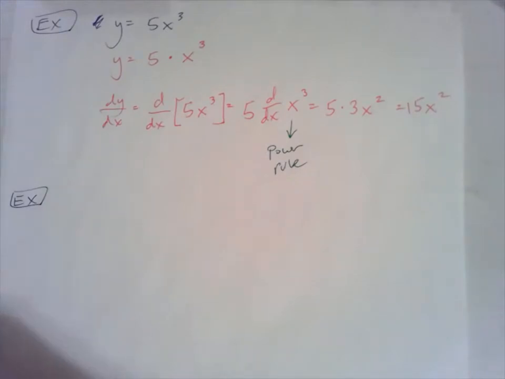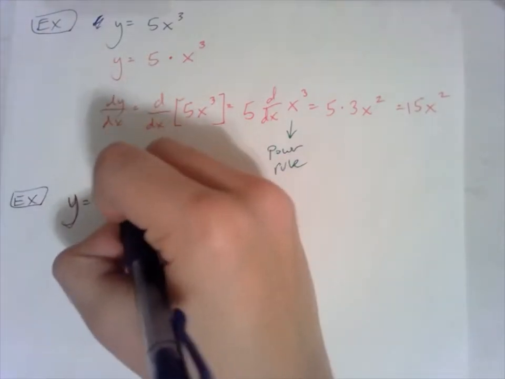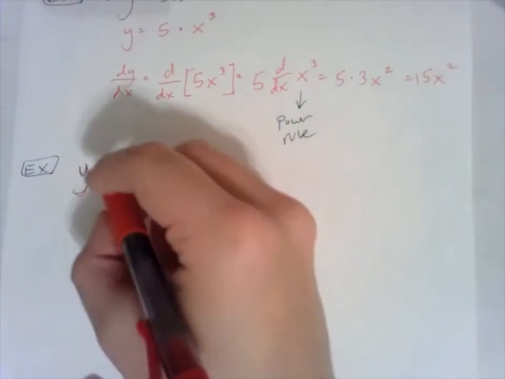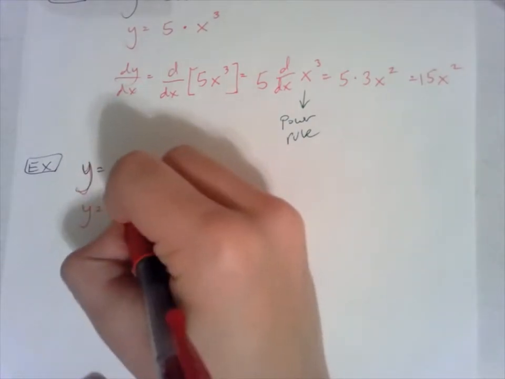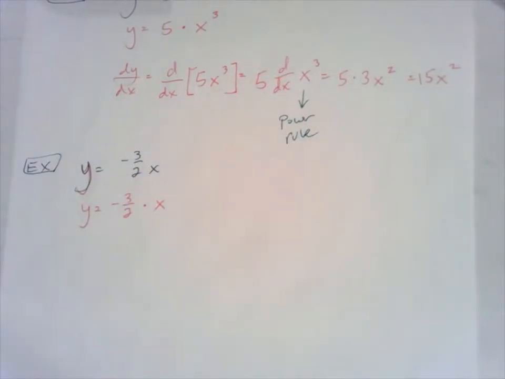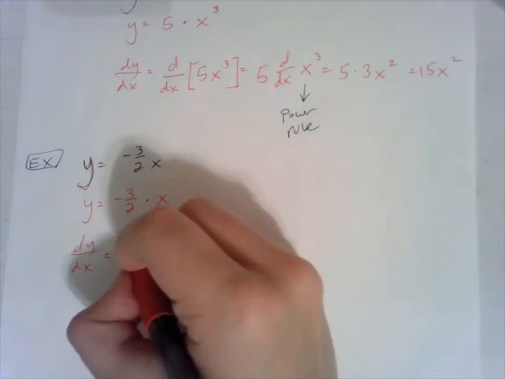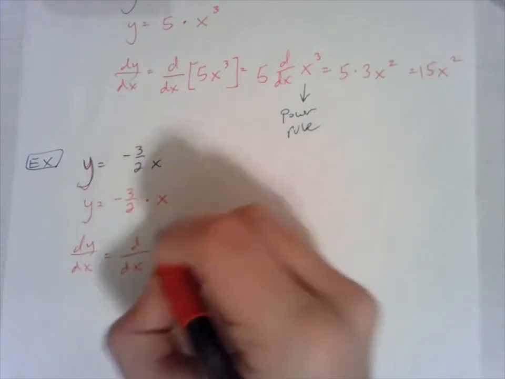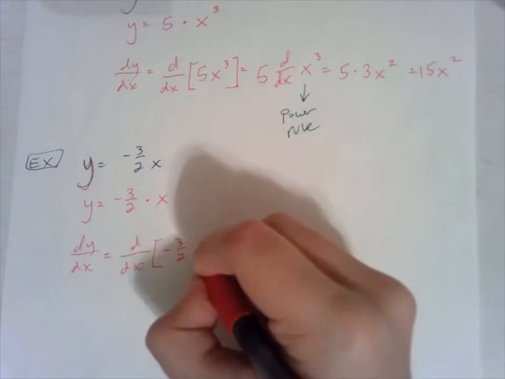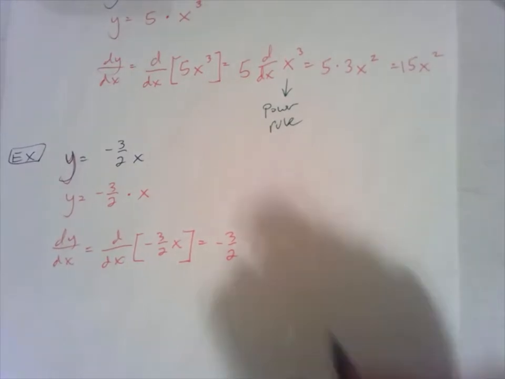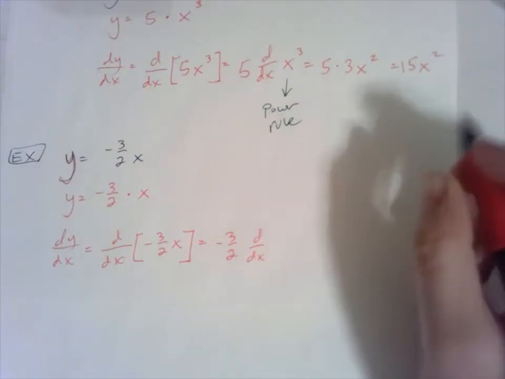Next example, if we have, well, let's use blue still, yeah, okay. If we have y equals negative 3/2 x, again, we're going to set this up the exact same way. We're going to start by seeing that we have a negative 3/2 times an x, so we can start to separate that out. Again, we're going to take the derivative of y with respect to x, so we're going to take the derivative of negative 3/2 x, and we put negative 3/2 out front because that's our constant, and then we take the derivative of our x,